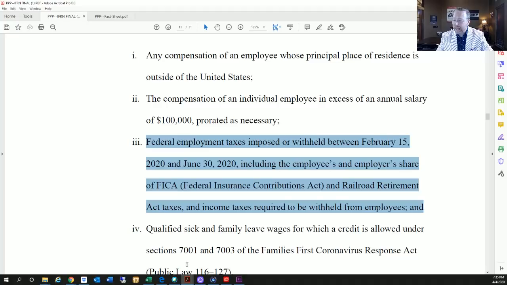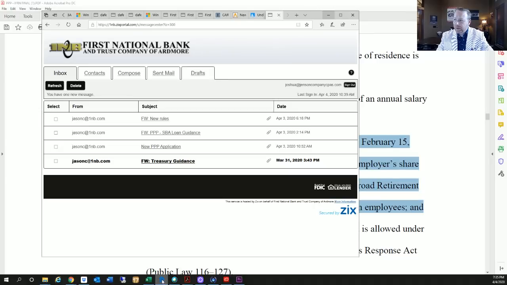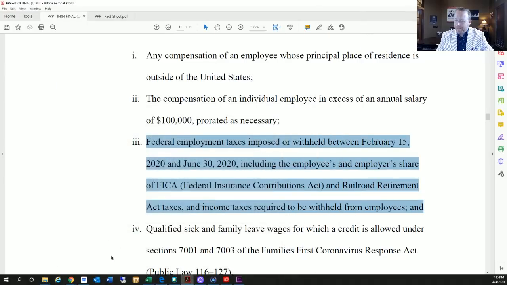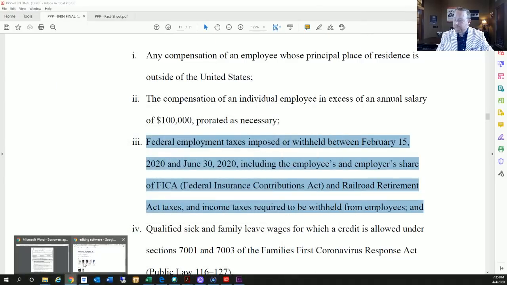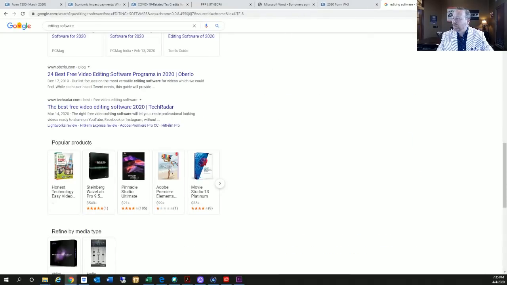The reason I'm rereading that to you is that now we're going to go back over to, boy, I've got just too many things open up here. We're going to go back over to,